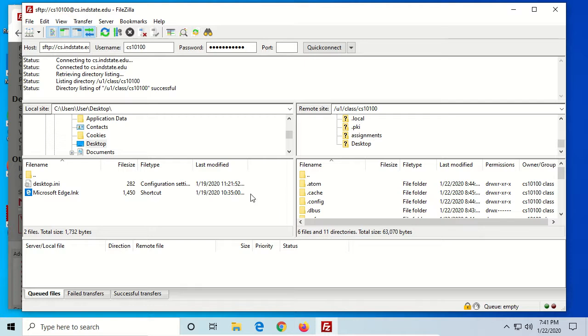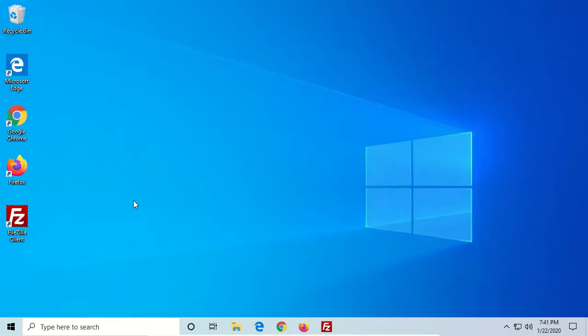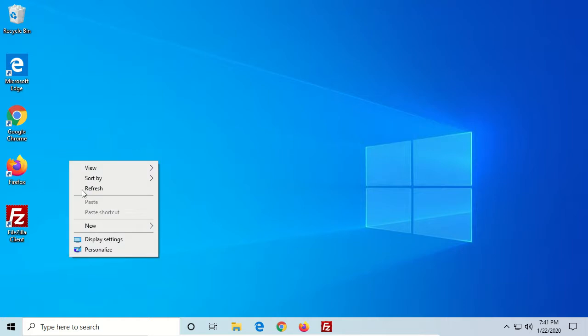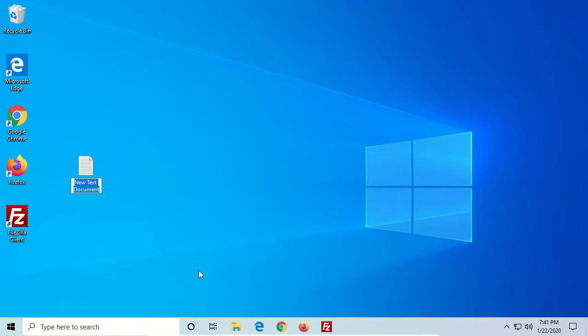Okay, so let's create a file on the desktop real quick and test this out. All right, so I'm going to right click on the desktop, go to new, and go to new text document. Okay, and I'm going to call this hello.txt. Now, if you have a fresh install of Windows, they are probably hiding the file extensions from you,